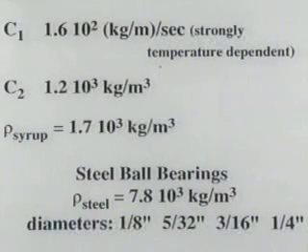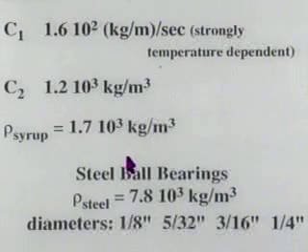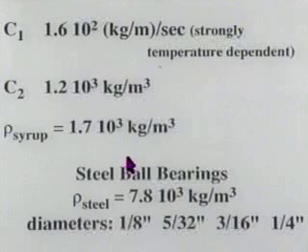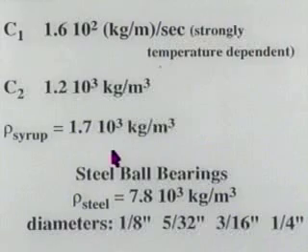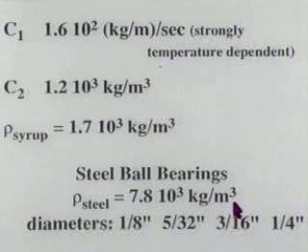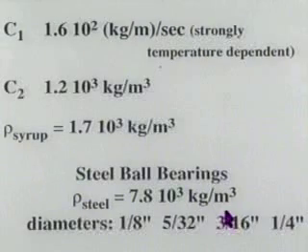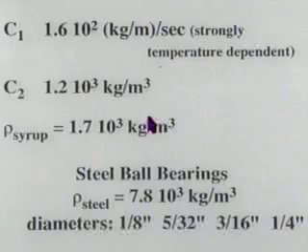I measured C2 to a reasonable accuracy. Notice that the density of the syrup in terms of kilograms per cubic meter is very close to C2. I mentioned that earlier. They're very close, not exactly, but very close. These steel ball bearings have a density of about 7,800 kilograms per cubic meter, and I'm going to drop in that Karo syrup 4 ball bearings, and they have diameters of 1/8 of an inch,